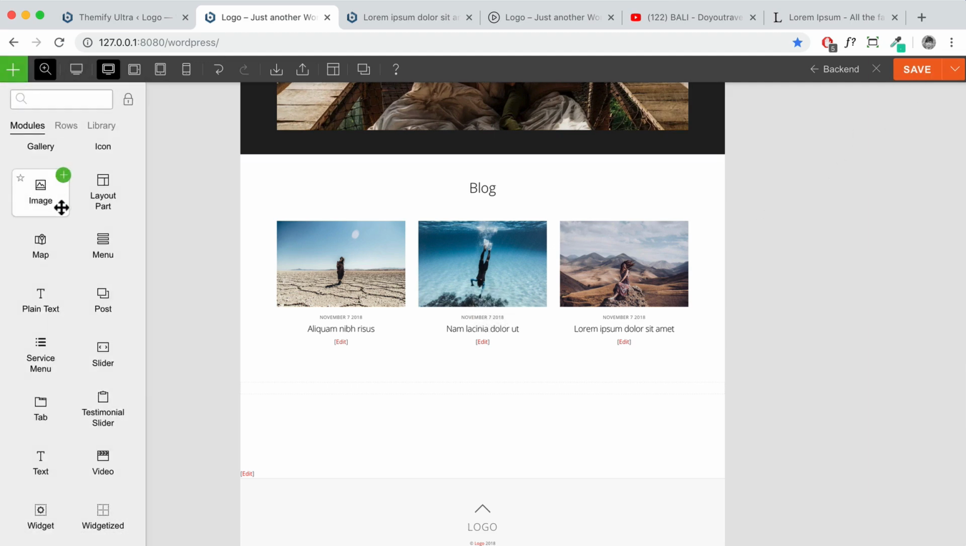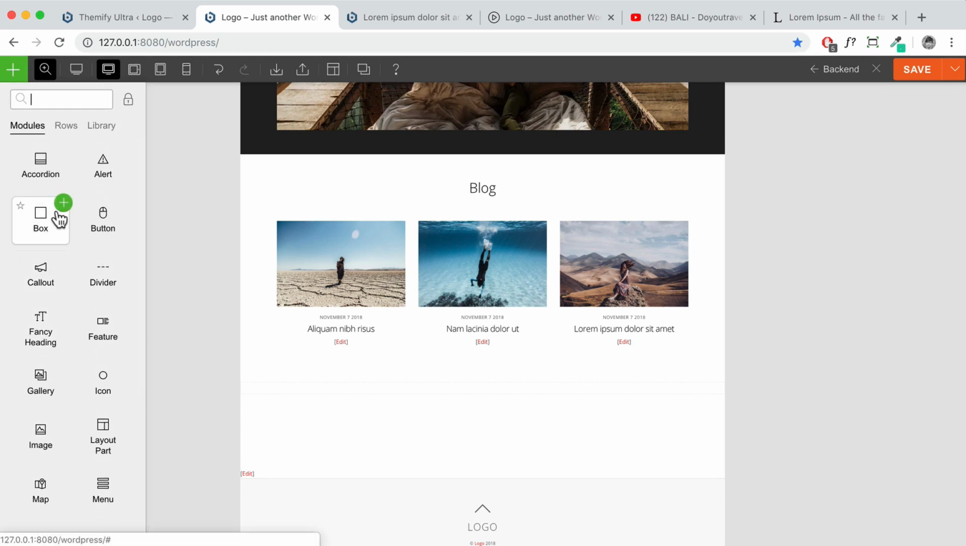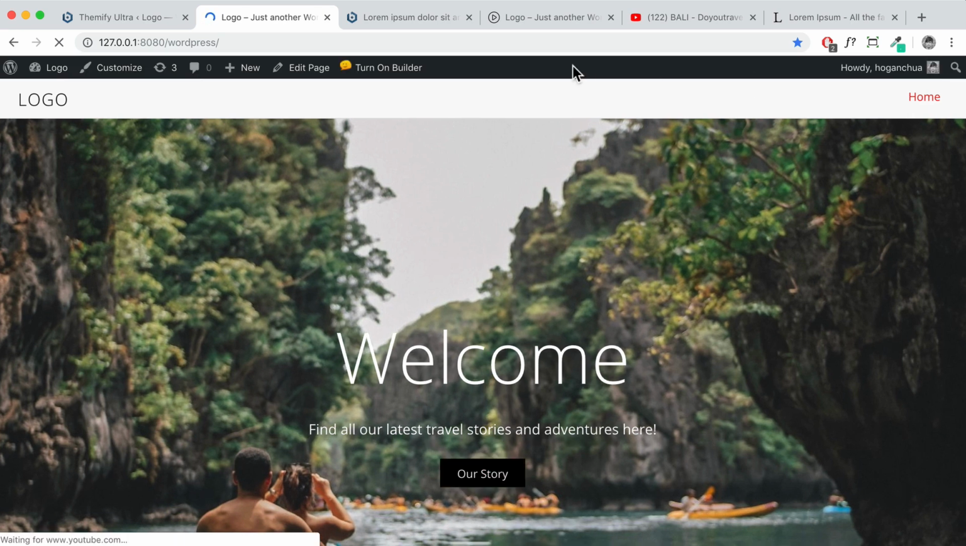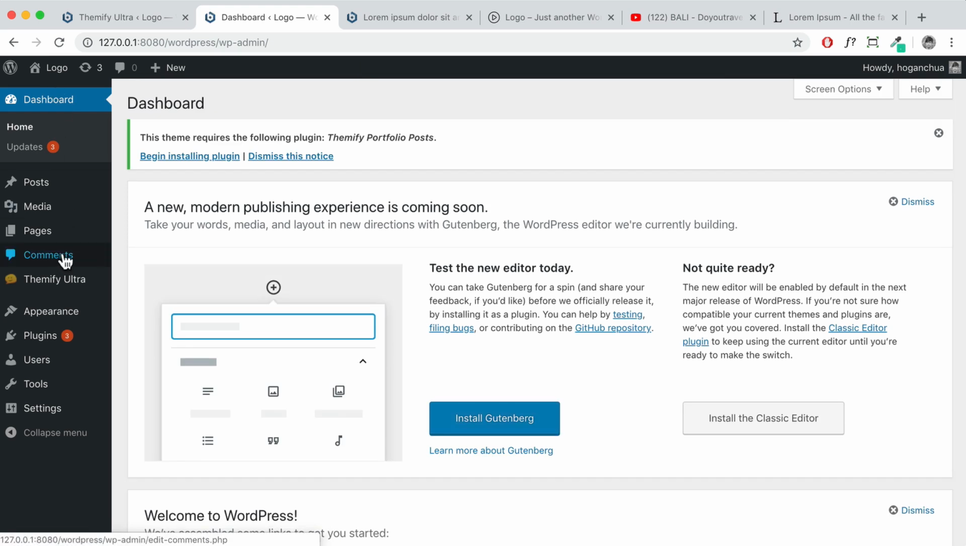Here, you're going to notice that there is no contact module. So to add a contact form, we're going to have to close the builder first, and we'll have to go back to our dashboard. And we need to actually add in some plugins. So here, if we click on the plugins